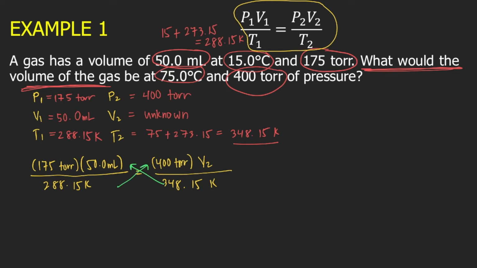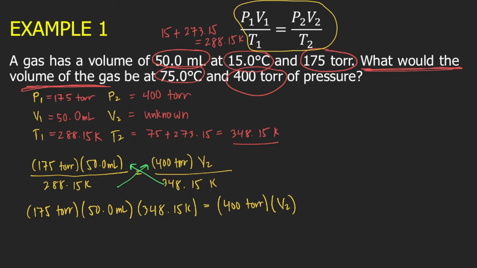So your equation becomes 175 torr times 50 ml times 348.15 Kelvin equal to 400 torr times V2 times